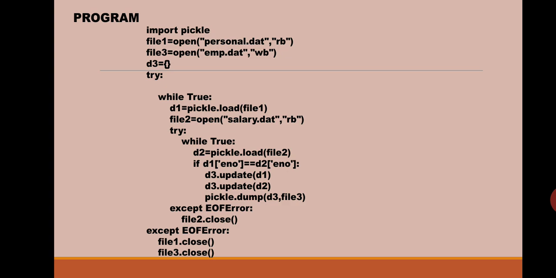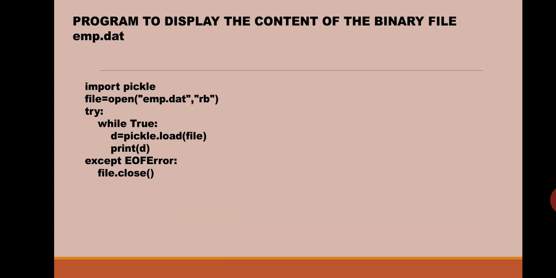Right? So now when we run this program, let's see what happens. A file is created. Which file? emp.dat. But nothing is displayed on the screen because we have not shown anything on the screen. So let us see what our file emp.dat contains. So we have written a program to read the content of the file emp.dat. Simply we have opened the file in the reading mode, read one record from the file and displayed it on the screen. Right? This process goes on till the end of file is reached.